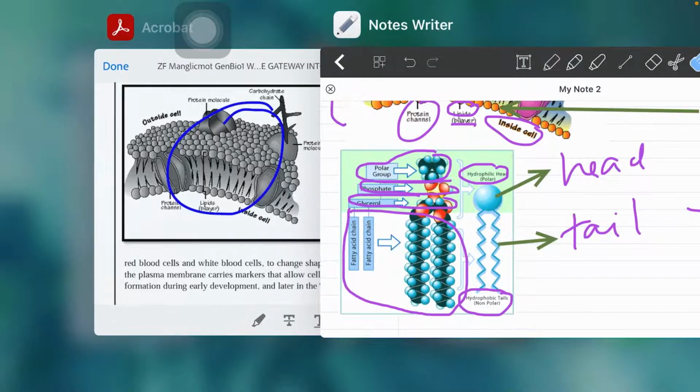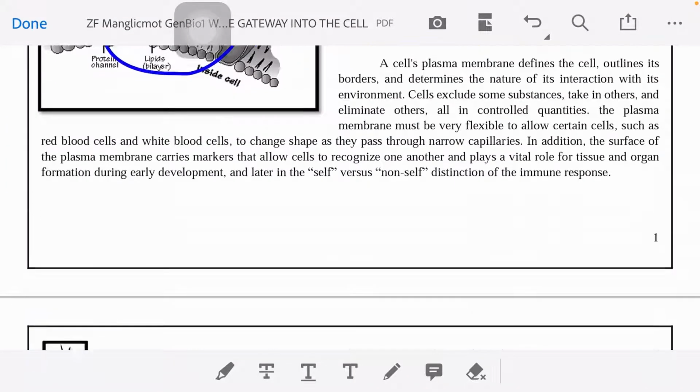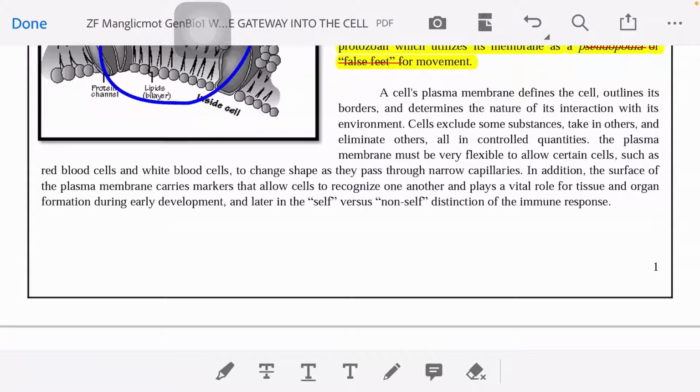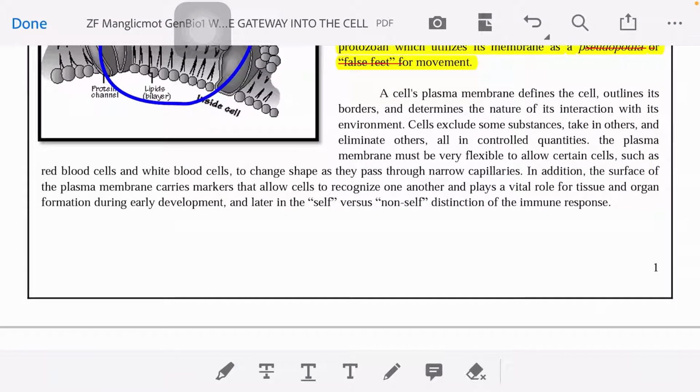So let's go back to this portion. So in addition, the surface of the plasma membrane carries markers that allow cells to recognize one another and plays a vital role for tissue and organ formation during early development and later in self versus non-self distinction in the immune response. So, di ba sabi ko nga sa inyo kanina, it has a vital role in tissue formation. Tissue, pag sinabi natin tissue, ito na yung composition of two or more cells. Okay, and organs, so I hope you're all familiar with